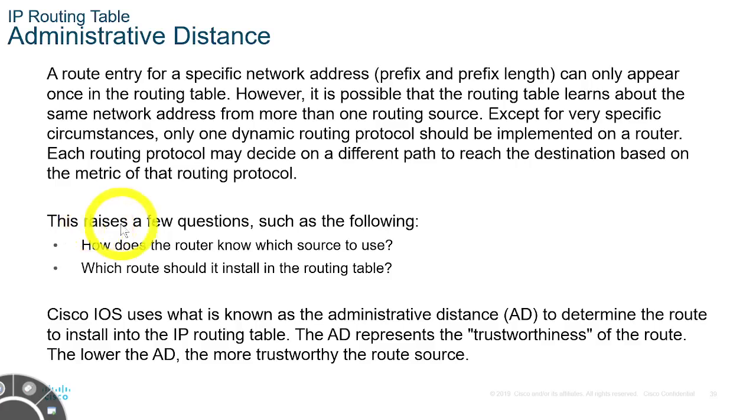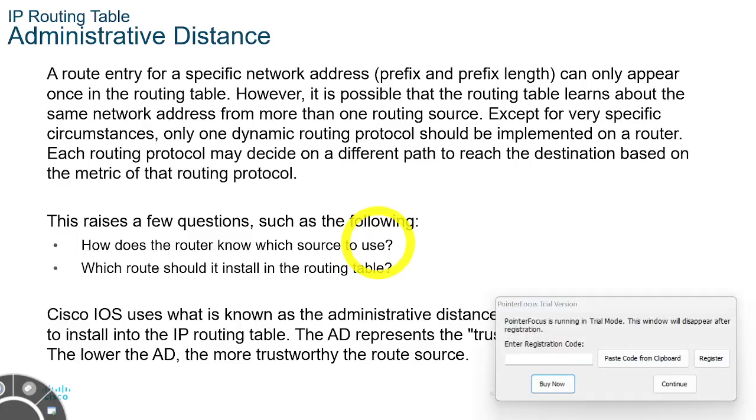Okay. This raises a few questions. How does the router know which source to use? Which route should it install in the routing table? So when the router is connected to more than one other router, and the router only uses one routing protocol, the router should use the information that it receives in order to know which source to use. The interface, to